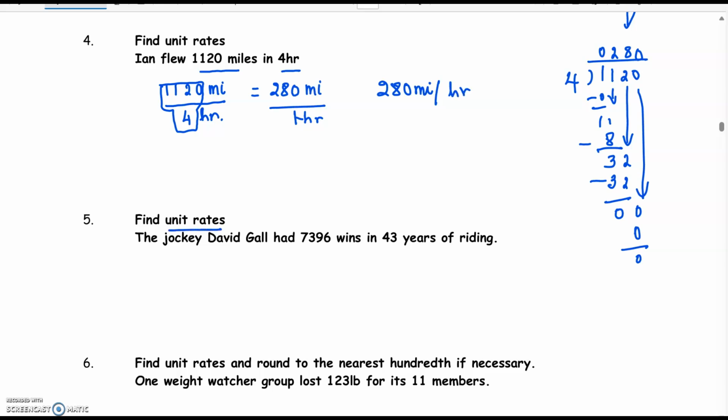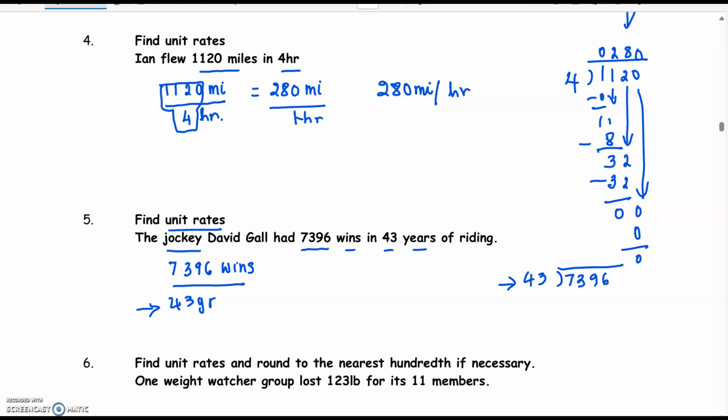Now we're going to find the unit rates. A jockey had 7,396 wins in 43 years. So 7,396 wins per 43 years. Now if we had to change it to the unit rate, we'd have to divide 7,396 by 43. Remember, whatever is in the denominator is our divisor, and that's what we're dividing by,